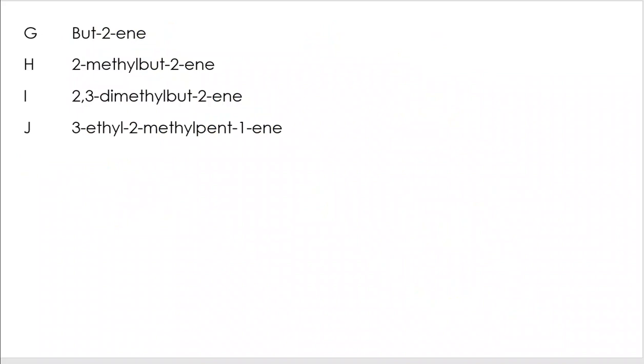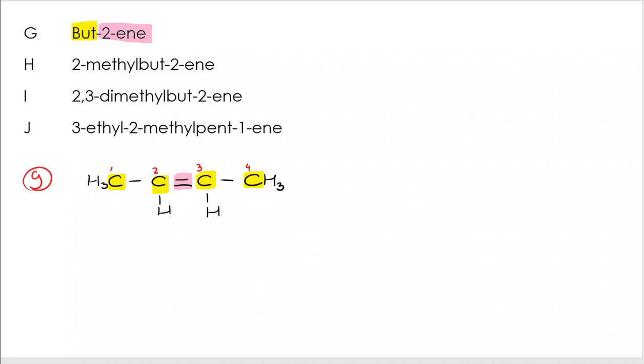In this case, my longest carbon chain is bute, but this time I have got an alkene, and my double bond starts on the second carbon. I've numbered from left to right here. So I put my double bond in, and then I need to complete the H's. Be really careful with this. Remember that a carbon forms 4 bonds. Carbon 2 and 3 already have 3 bonds around them, so I can only put 1 H there. If I move on to H now,